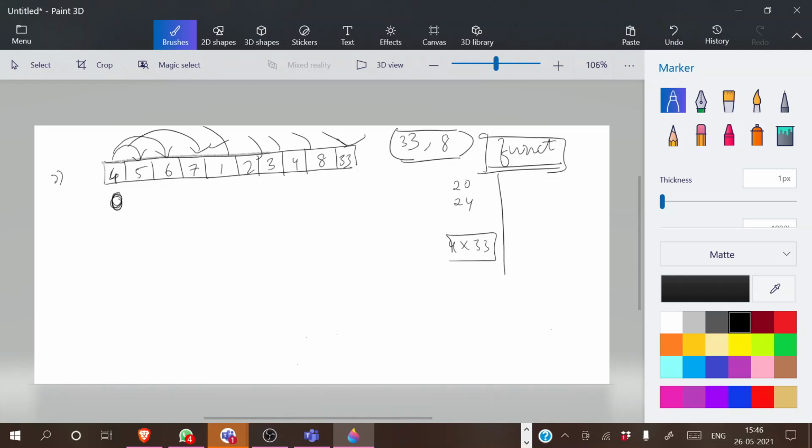Then the pointer will just go to this point. So this fifth element will start multiplying with this element, this element, this element, this element, this element. While multiplying the second element with all the elements in the array, your highest product value will again become 5 into 33. Moving on, the same thing happens: every element will be multiplying with the elements after it.